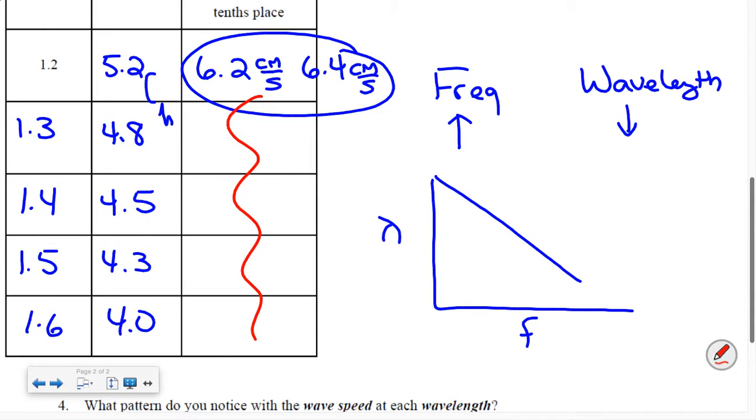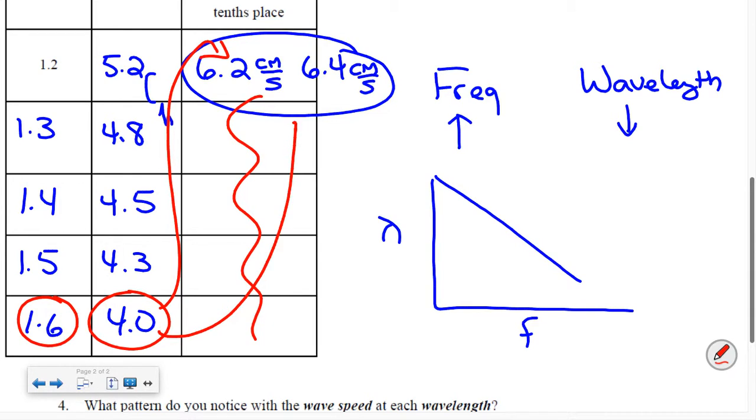Now, what I asked you to do was to kind of see what you notice about a pattern. And that pattern being, how do you think frequency and wavelength connect to wave speed? So if you were to take a minute and just multiply frequency times wavelength for every single one, frequency times wavelength, when you do that, you are going to end up with wave speed. It's an alternate way that you can come up with wave speed. Some of you might have seen that pattern, some of you might not have. Again, if the substitute needs to pause the video just so that you can do this quick calculation, feel free